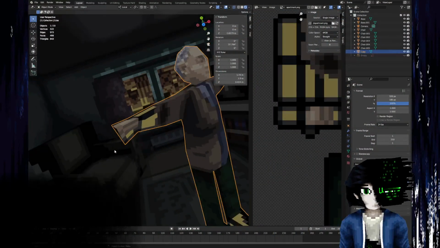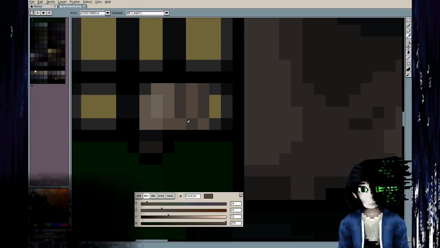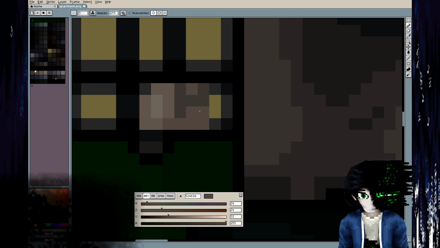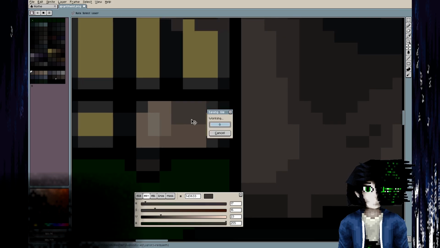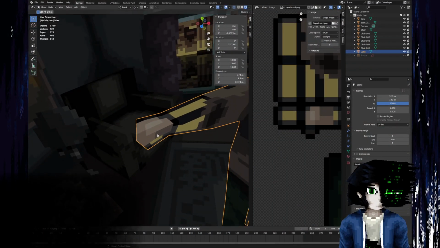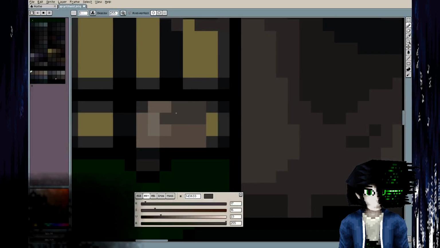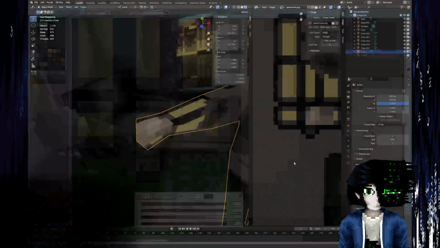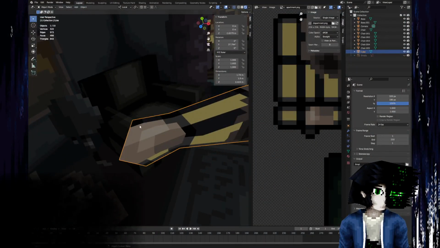How's that look? That might not look great. No, it does not look great. Okay, maybe I shouldn't be trying to pick out the individual fingers given how little I've given myself to work with. Yeah, that kind of gives a hint that there's a finger there and then there's a thumb there. If I run a bit of a darker colour around there,